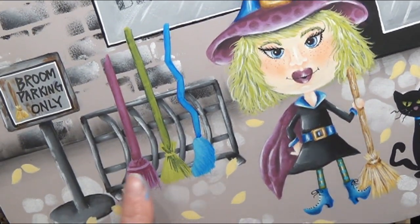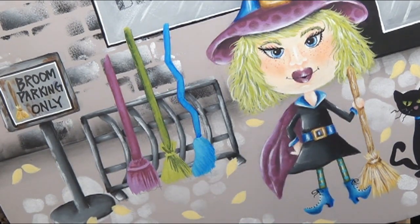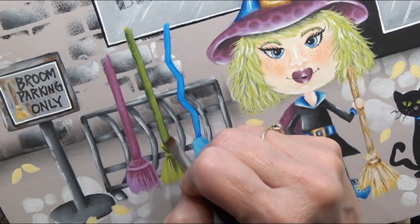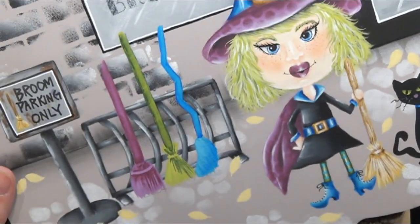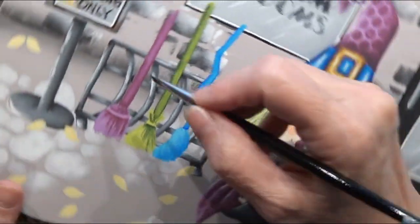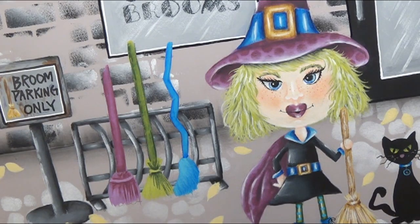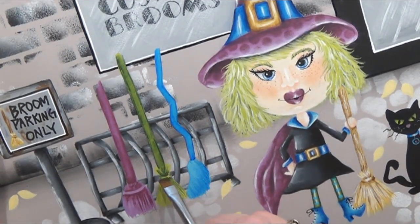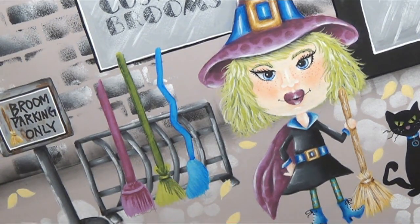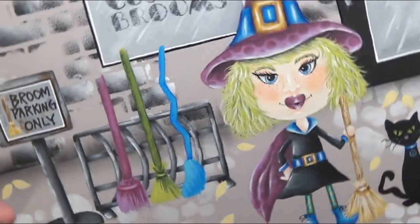I'm going to do a little bit of shading out here on the edges, so we'll move on to the green one. Water in my brush here. Go underneath this and above it, and go up the other side of the handle. I want to do the outside edge of that binding. Right here, just a little bit on the outside edges. Go back to the pink one and do that same thing out here. A little bit of shading out there,